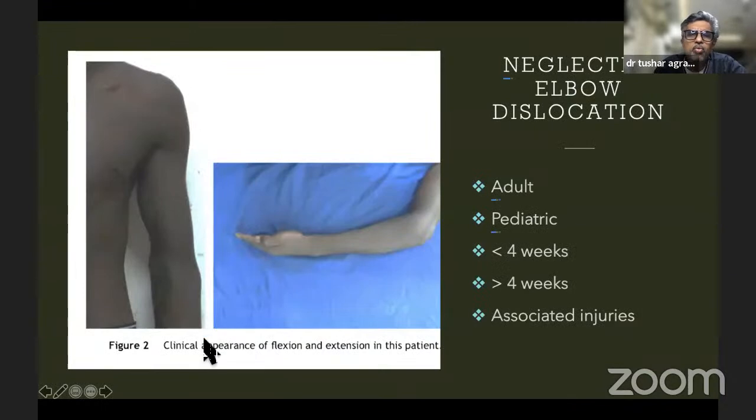So we go ahead. How will the patient look clinically? The patient is either going to be an adult or a pediatric patient. The patient is going to give you a history in the exam. It may be that he's under 4 weeks of dislocation or beyond 4 weeks of dislocation, as we shall see how it's very important. There will be associated injuries along with the neglected elbow dislocation, to the elbow or distal neurovascular injuries. From the front, the patient would look like this with a fairly straight elbow. When you ask him to flex from about 10 to 20 degrees, he'll be able to come up to about 30 to 40 degrees of elbow flexion.